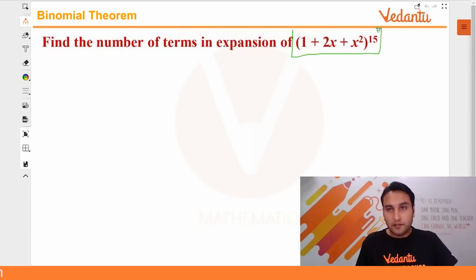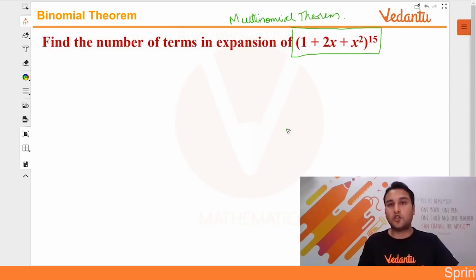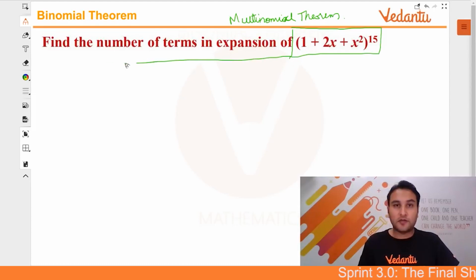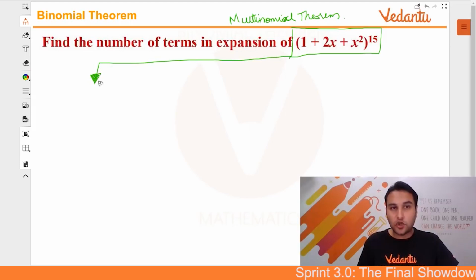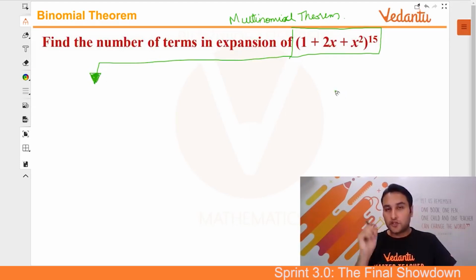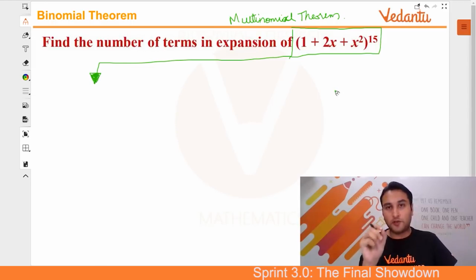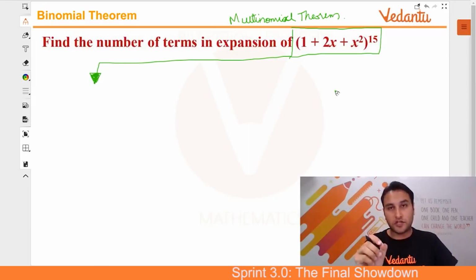By the way, in books you will see multinomial theorem. जैसे binomial है ना, वैसे एक multinomial theorem भी है. But trust me, there is no problem of multinomial theorem in JEE. Any problem which looks like a multinomial, मतलब more than 2 terms की power. Always remember, if such problems come in IIT, they will somehow use a trick and you should be able to convert that into binomial. So don't remember the formula of multinomial theorem. It will never be used in JEE problems.